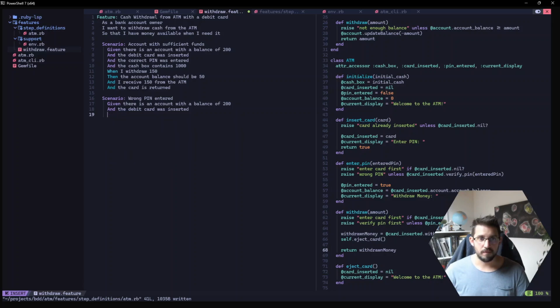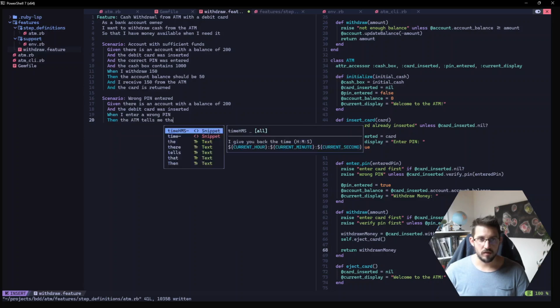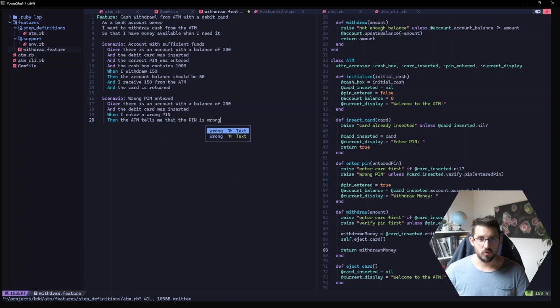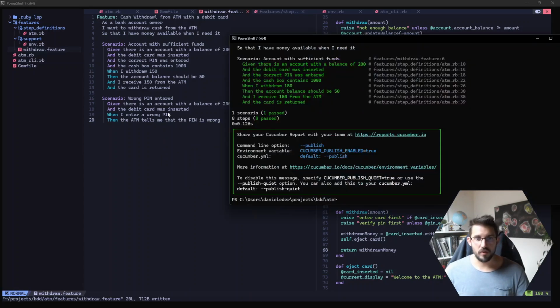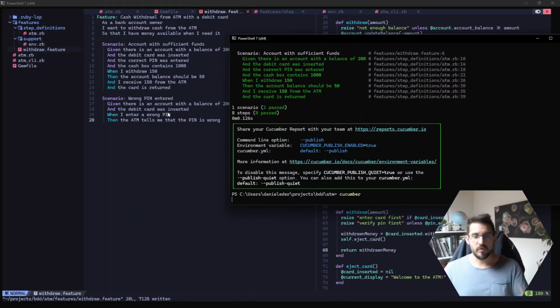And now we can say when I enter a wrong pin, then ATM tells me that the pin is wrong. Okay. So that's a rather simple step that we just added. And when we run Cucumber again,